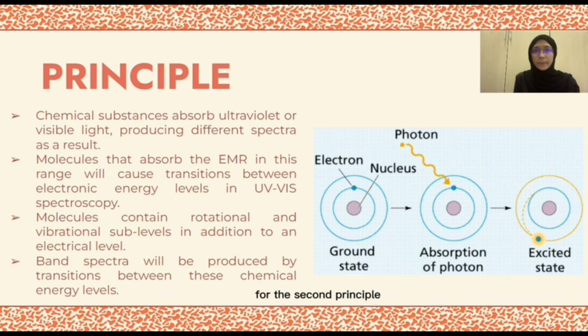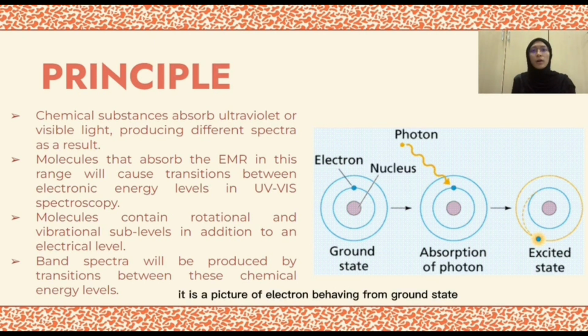For the second principle, molecules that absorb electromagnetic radiation, or EMR, in the range will cause transitions between electronic energy levels in the UV-vis spectroscopy. As you can see in the picture below, it is a picture of an electron moving from the ground state to an excited state. The electron in the substance goes through an excitation process when electromagnetic radiation, which is the photon,